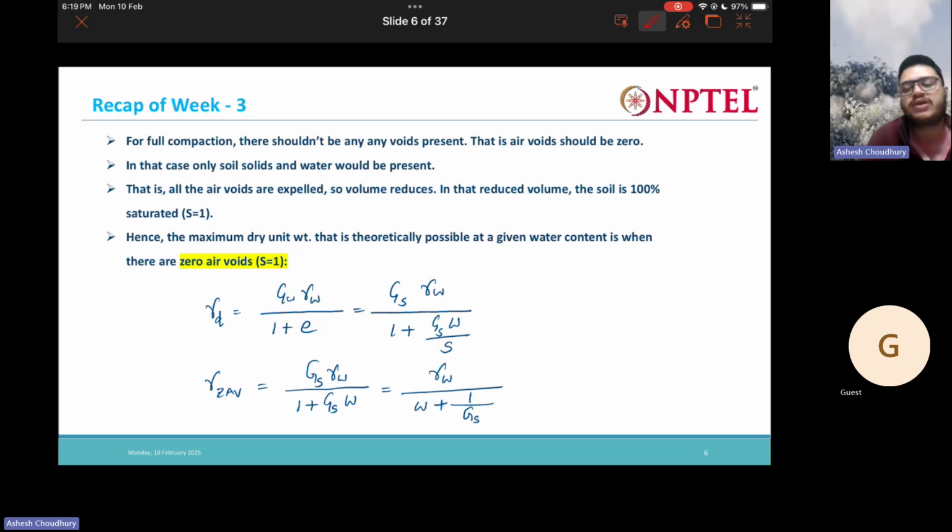Theoretically you have achieved the maximum compaction, 100% compaction. You have eliminated all the air voids in that soil. The air voids are zero. In that case, only soil solids and water will be present. So air you have eliminated, and generally the soil is a three-phase system,